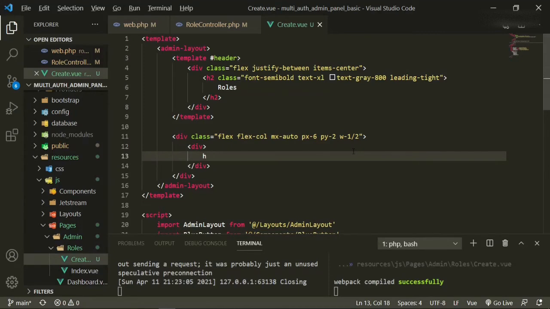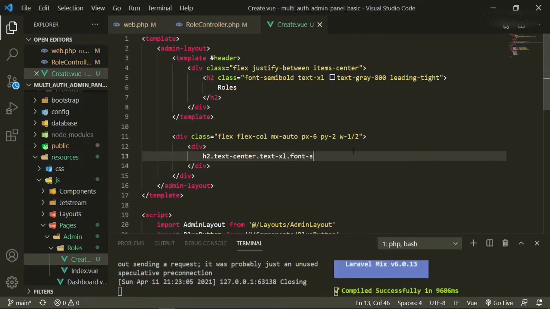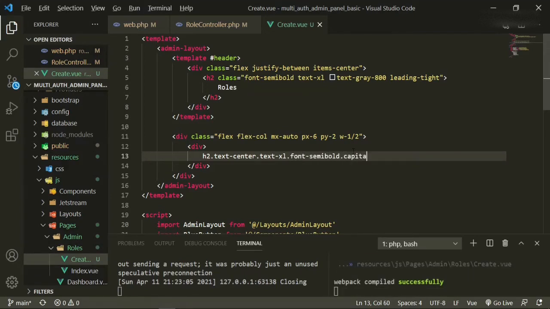Open that up, we'll add an h2 with the classes of text-center, text-xl, font-semibold, capitalize, and underline.